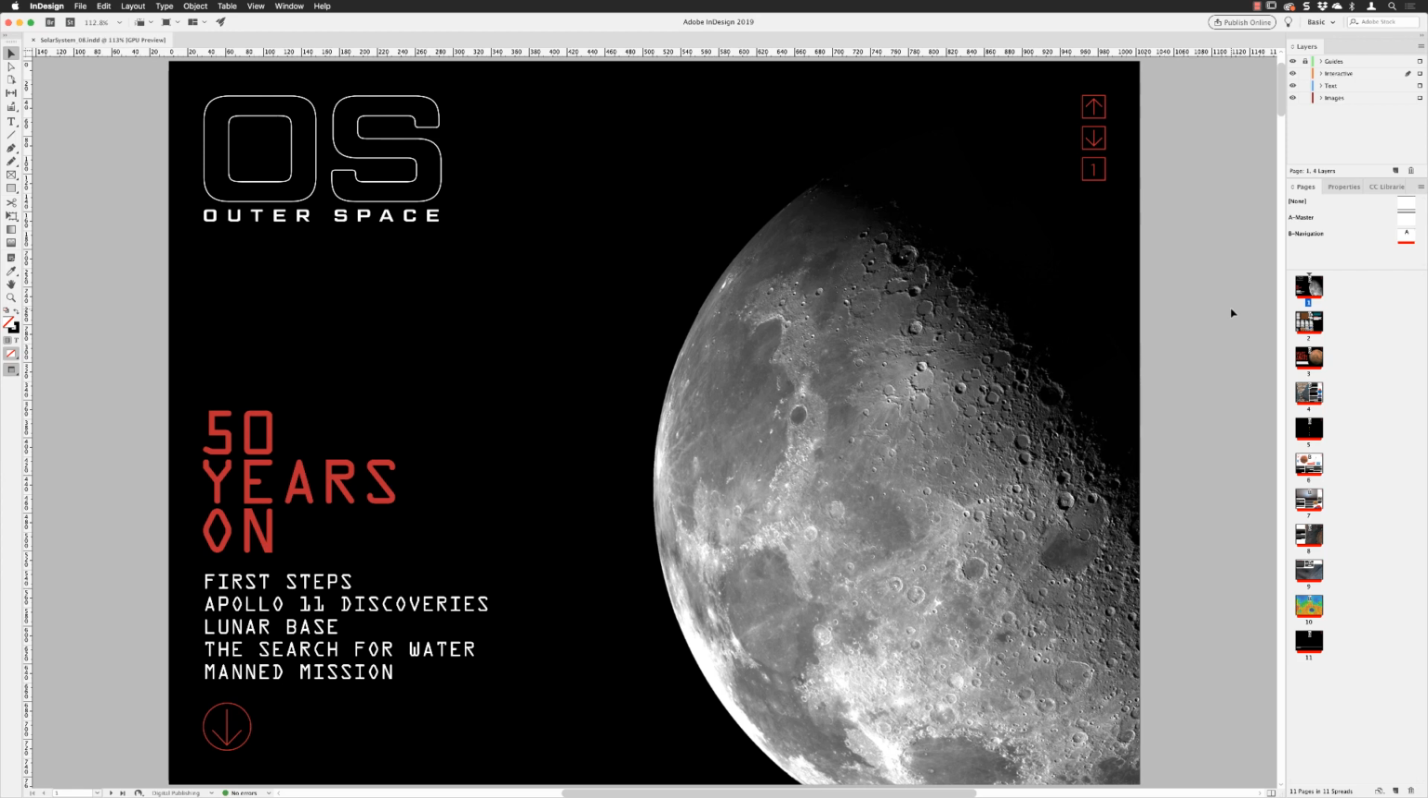We'll also create rollovers for those as well, so that when the cursor interacts with the same space on screen, the appearance of those elements change. Everything here has been built inside of InDesign, such as the boxes and the arrows and things like that. And so I'm going to take you through the process of how to turn those into buttons and add the